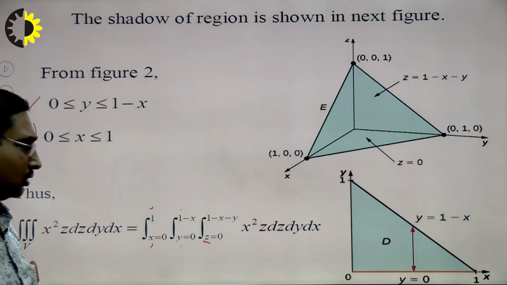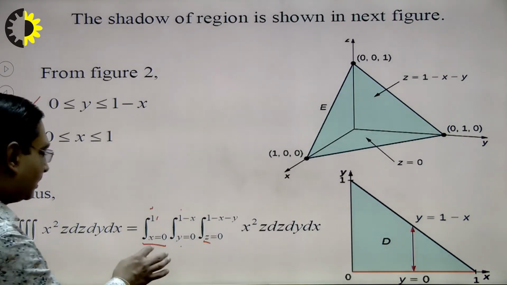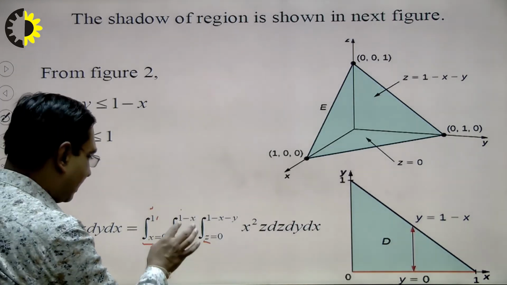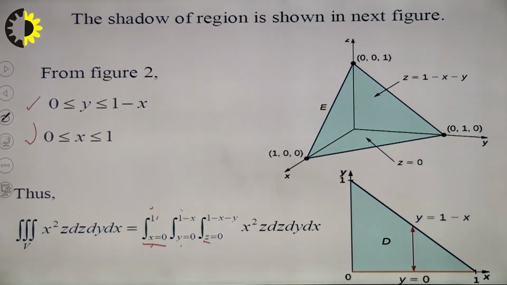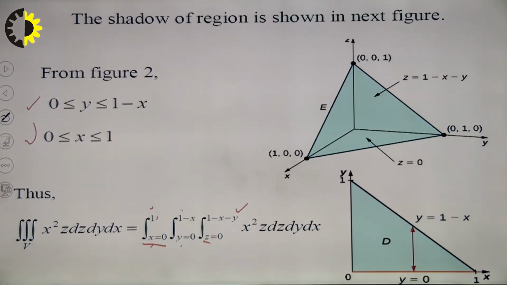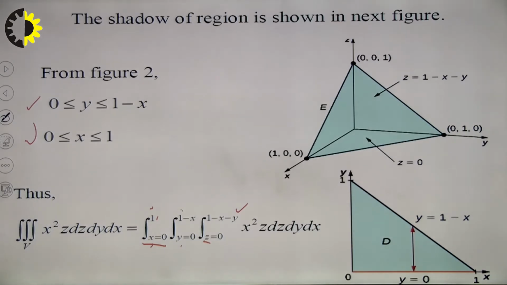As we have already told, the outermost limit in a multiple integral must always be constant. Therefore, the limits of x, which are constant, are written outside. Y has one variable, x, in its limits. So, the second limits are written for y. Because z has the maximum number of variables, 2 variables, those limits are written as the innermost limits. Now, after writing the limits, I can evaluate the triple integral as usual.